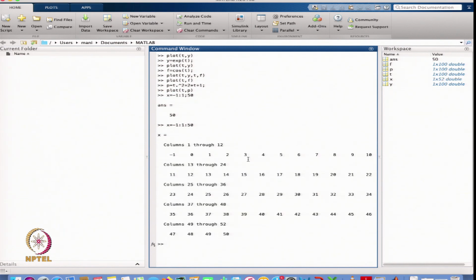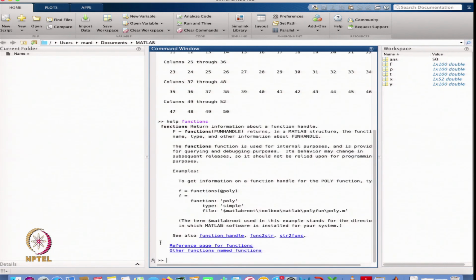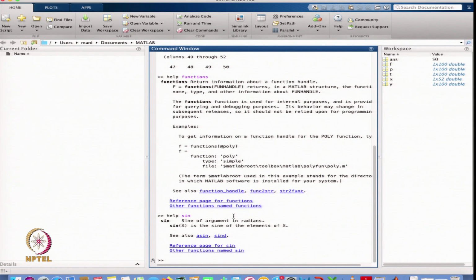So, I can define the function double f is equal to cos or sine inverse. I want to define how we can define the sine inverse. So, I can take the help functions. When I write help, it will tell you which type of function we can define. Maybe I can define the sine function, or a sine means the inverse of the sine.